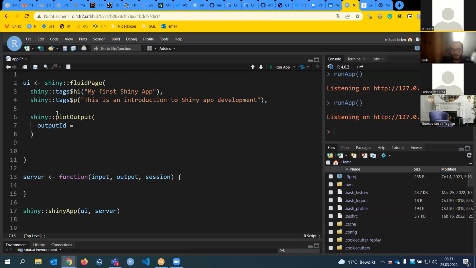So why do we need to have an output ID always whenever we want to display an output? Because, for example, let's say we have a Shiny application with 3 plots, right? And we want our user, when she or he clicks on the first plot, to get some kind of reactivity. And when she clicks on the other plots, she gets a completely different reactivity process.